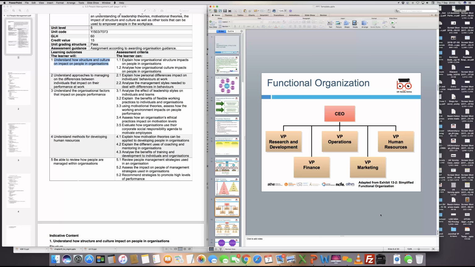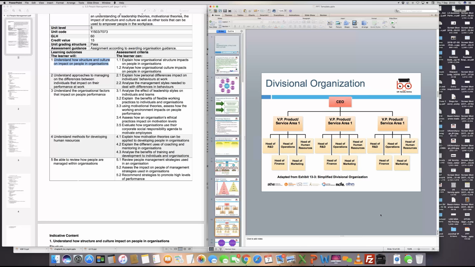Is that okay? Yeah. Now, let's look at a different type of structure. When we look at a divisional organization or a divisional structure, what does that mean? A divisional structure would mean, and to give you an example so that you can put it in your perspective, when you look at a very large organization, say Microsoft, or say